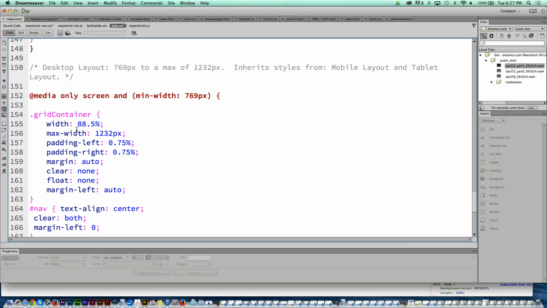Right. And what these are called, having different sections of your website that deal with different devices and different browser widths, this is called a media query. All right, and you can see right in this code right here, it's indicated by the @ sign, which is the A, and then media. So this means that you have entered a section of the style sheet which is a media query.